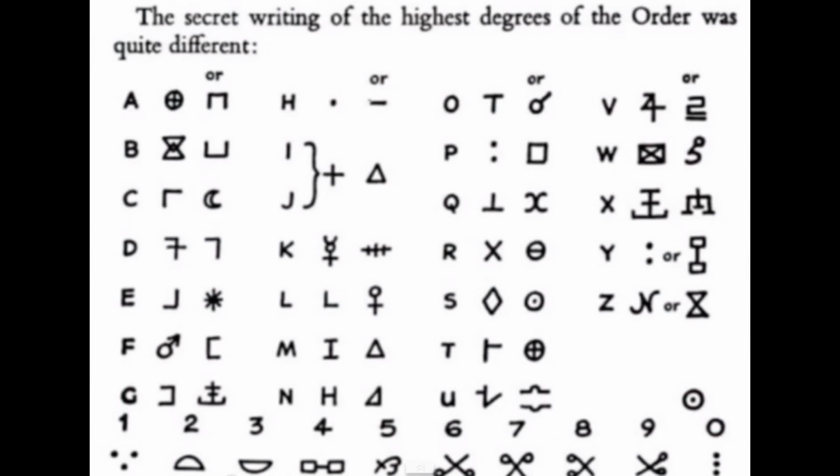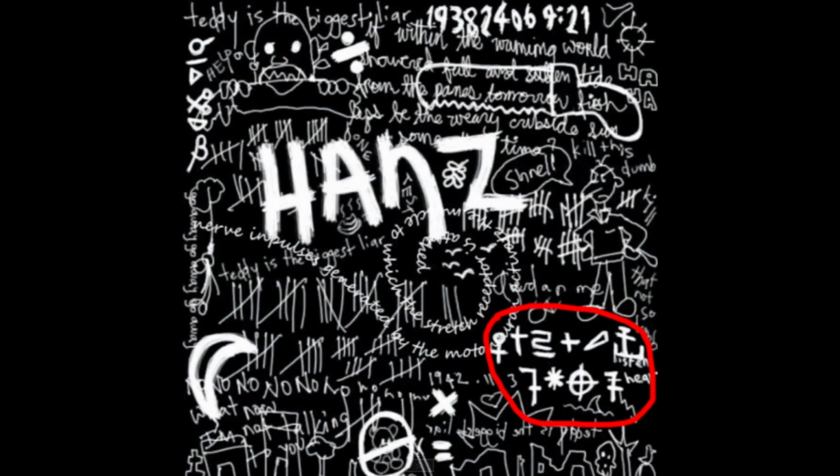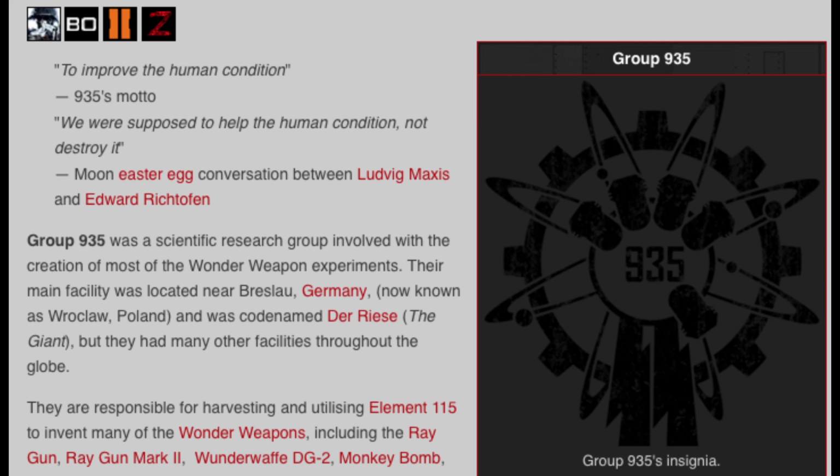So from the code, you can actually find that in the bottom right, it translates to "living dead." Another translation can be found in the top left, where it says "Ohm 935." Obviously, we know that an ohm is a unit of electrical resistance, named after German physicist Georg Simon Ohm. In the actual Zombies story, Group 935 was a scientific research group involved with the creation of most of the